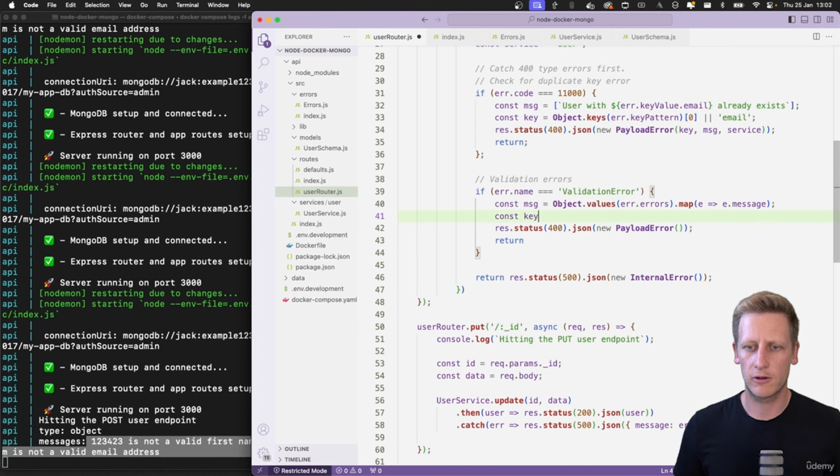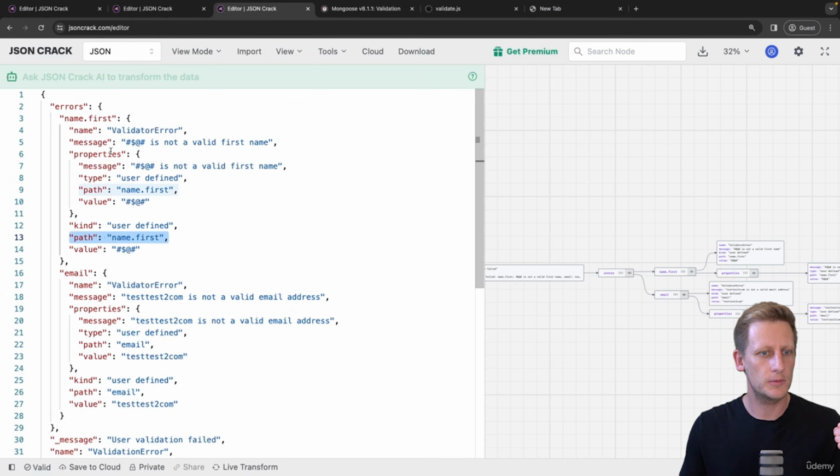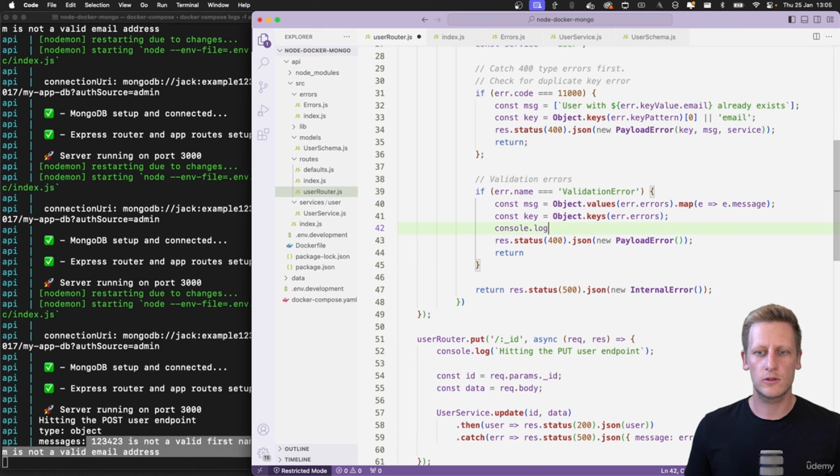And let's go and create our key. And if we go ahead and look at our object here, you can see that we can make use of this path key on this object just to get the name of the key, or we could even use the actual key name itself. We can just do it like this. We're going to say object, and we're going to pass in the error.errors. And if we just do a console log to take a look and see what that looks like,